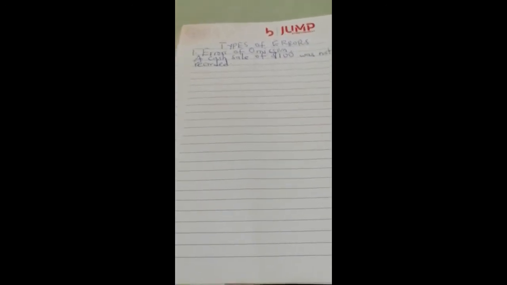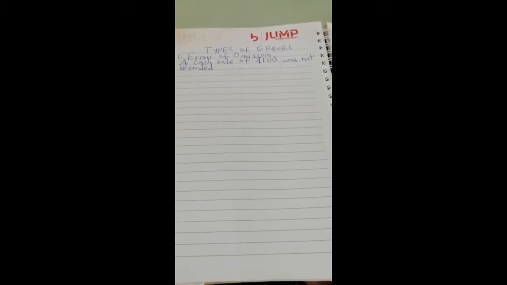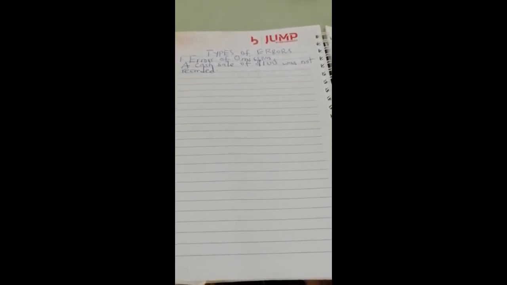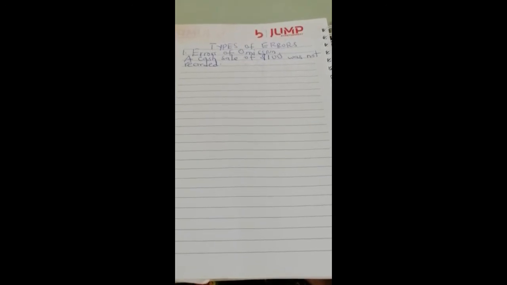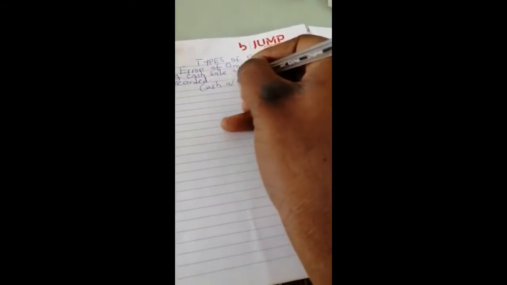So a cash sale of $100 was not recorded. So you know that the cash account will definitely be debited with the $100, and its corresponding entry, which is the sales, will be credited. So when you are to correct this error, you just have to open your two accounts, which is the cash account,